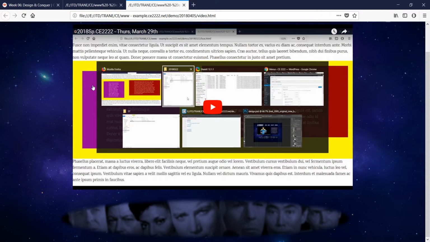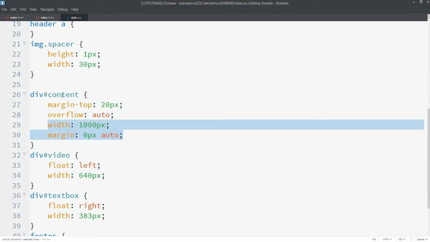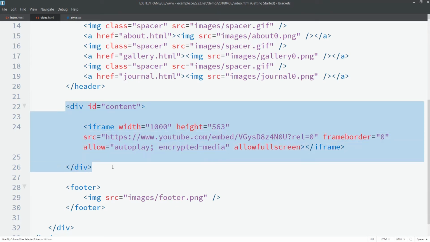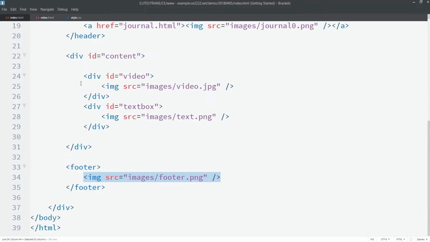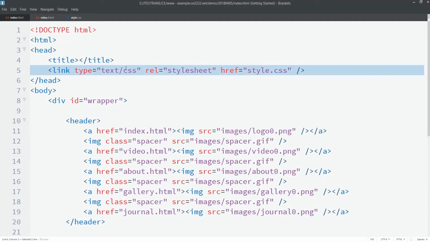However, we want to be careful about this, because right now I'm doing this on the div that has the ID content. In my video page, this is where the div is that has that video, ID content, and on my index I have these two elements inside of the div that has the ID content. Assuming we're using the same style sheet for all of our HTML pages, we want to be careful when we're referencing the same exact ID or classes, and we're going from one